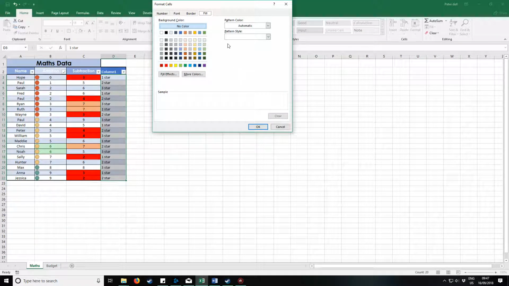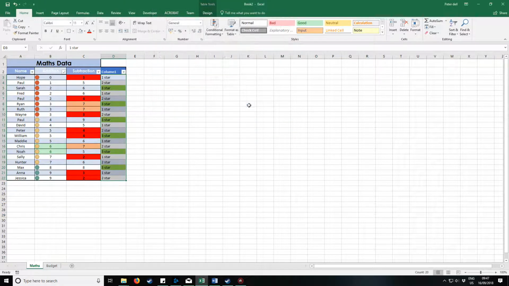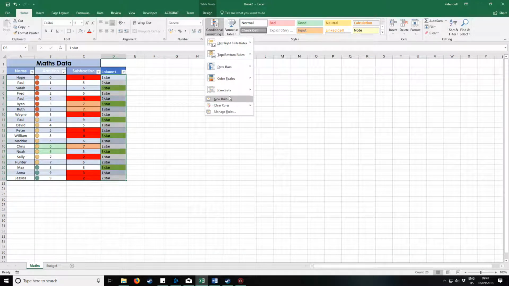And what do we want 3 star to be? Well, 3 star is great. We're going to put it in green. And there we go. And I'm going to go back in and I'm going to put another new rule on